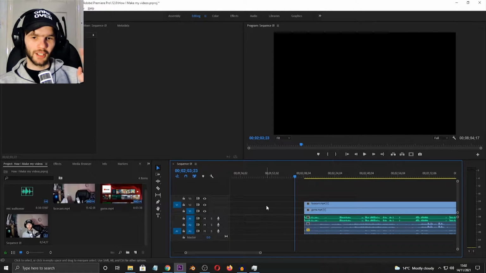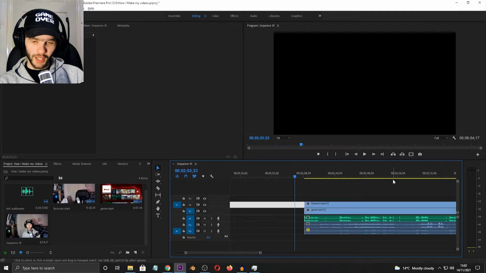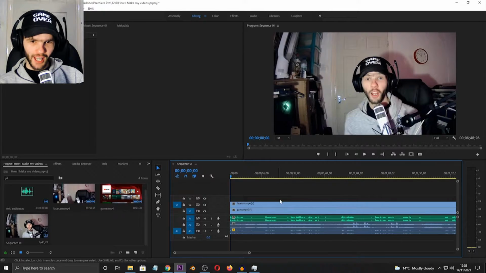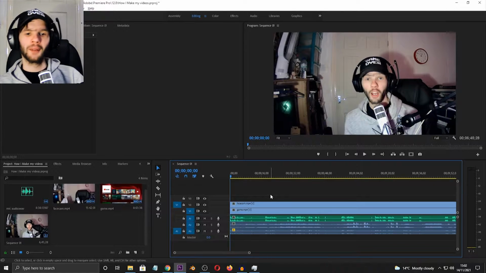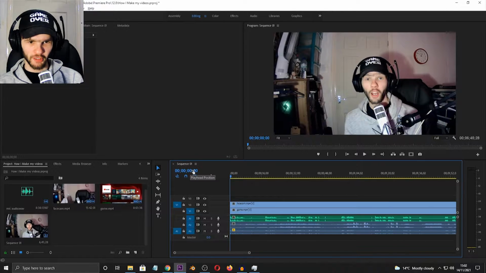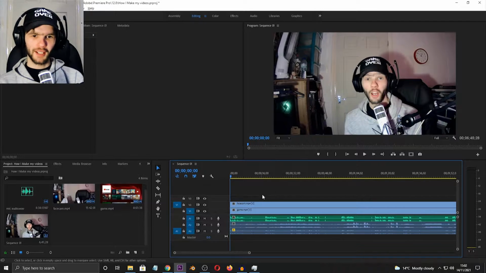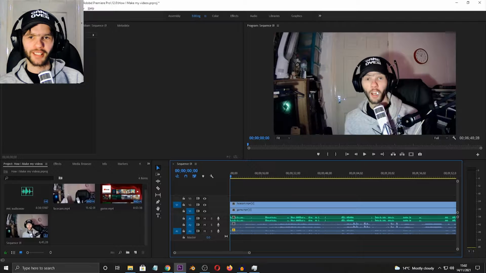You could either just click on the empty space here and press delete, but I always forget to do that, so what I do is I right click here and then do ripple delete, and that will send all of these right to the beginning of the timeline. So now we're at 0, 0, 0, 0, 0, 0. Awesome. So now, you don't exactly want to have my face cam like this the entire video, and what I do is,